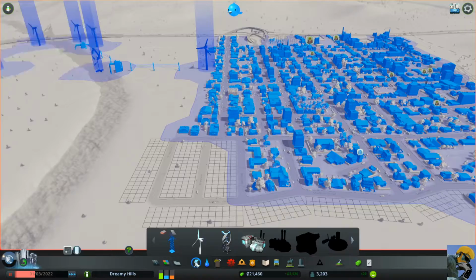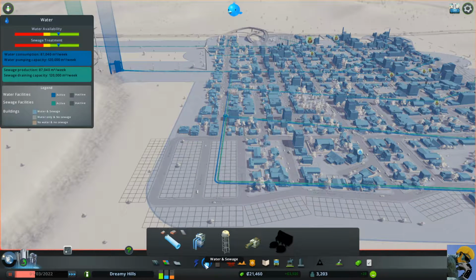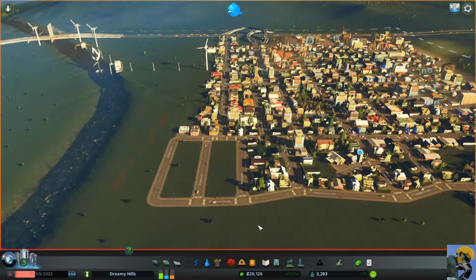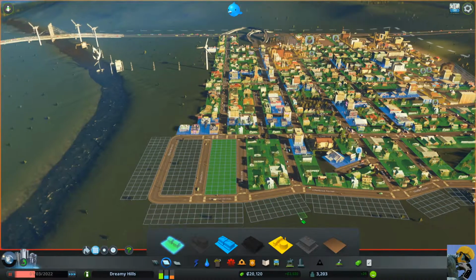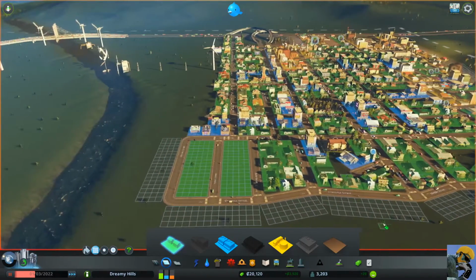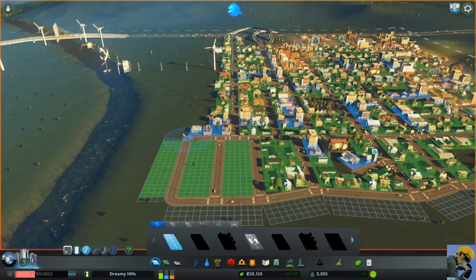Let me just check my power. Getting closer to the end, and then water. Okay, so I will need to do something like this with the power and the water. There we go. And then let me zone this for residential all the way through, just to provide all kinds of living opportunities for people. Almost some lakefront property here, getting exciting. And then I'll just build roads so that I don't...